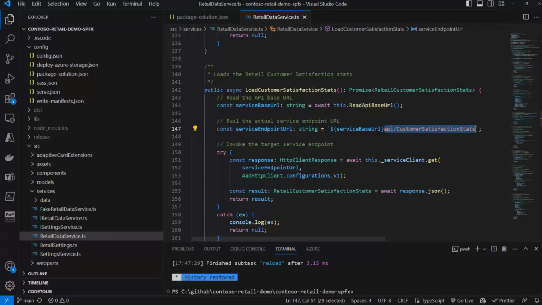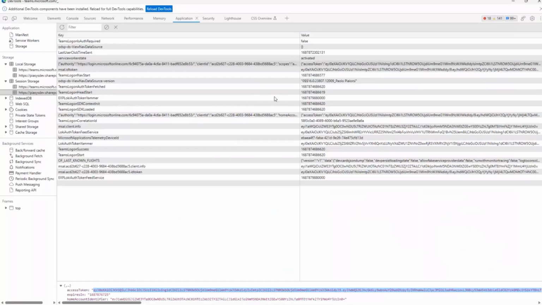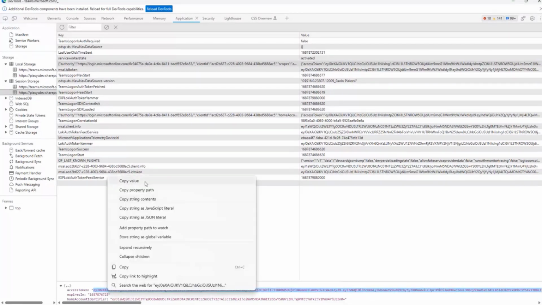But to make it even more real, let me show you that when I am in this personal app and I have the dev tools enabled, we can see that under the cover in the session storage of my browser, I have the access token that is going to be used to consume my target API.